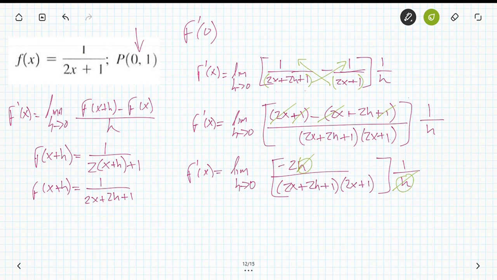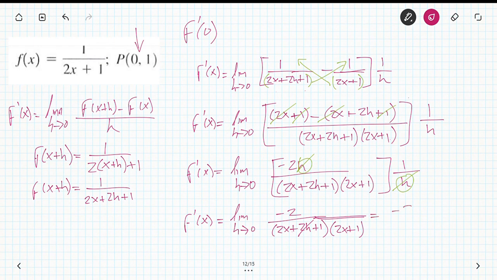And now we have f prime of x is the limit as h approaches 0 of negative 2 over 2x plus 2h plus 1 times 2x plus 1. Okay, and so what happens here, if we say the limit as h approaches 0, this 2h goes away because we simply substitute 0 for h in that case. And so we end up with negative 2 over 2x plus 1